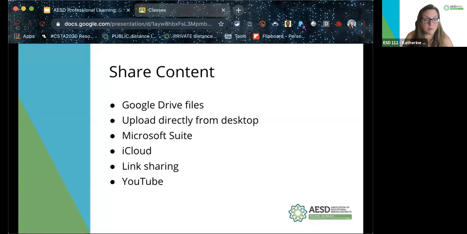You can also share Microsoft documents. There is an integration in Google that allows you to directly view and edit Microsoft documents in Google. So they do accommodate for that. You could upload iCloud if you're using the iWork suite or Pages, Numbers, any of those Apple software products. You could add documents from there. You can share a link from anywhere, any kind of a website, and you can directly add a YouTube video,